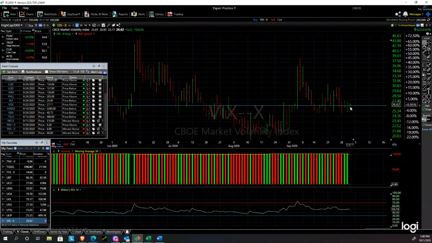One of the things that we've said is that the VIX, or the volatility measurement of the U.S. equity market, was range bound between roughly 24 and 30. If you break above 30 on the VIX measurement, really bad things have a tendency to happen to U.S. equities in the short term. Now, when I say that, a lot of people will respond with, well, yeah, but the Fed will come to the rescue. Well, if you've noticed, the Fed doesn't come to the rescue until all those bad things are either happening or have already happened.